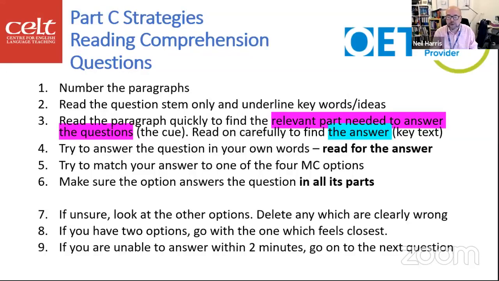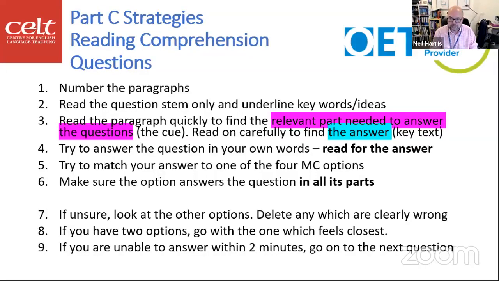And we'll see a little bit more about what that means as we go along. So these 6 strategies here all refer to reading for the answer. Beneath, 7, 8, and 9, I've separated them out because these are ways in which you can work with the